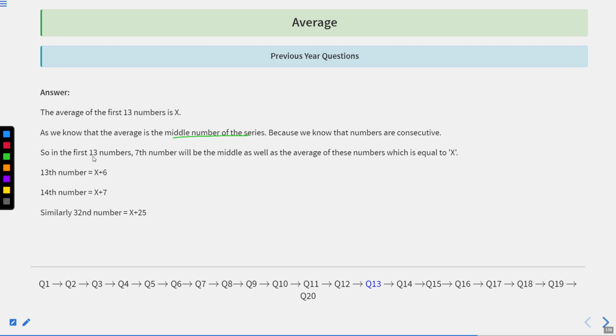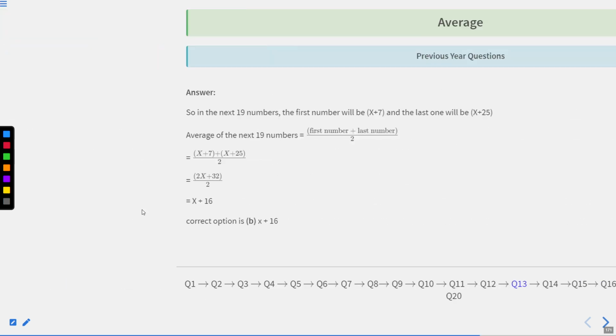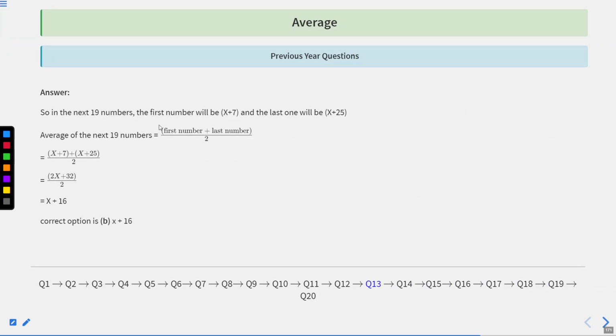So in the first 13 numbers, the seventh number will be the middle as well as the average of these numbers, which is equal to x. So the 13th number is going to be x plus 6, and the 14th number is going to be x plus 7. Similarly, the 32nd number is going to be x plus 25. So in the next 19 numbers, the first number will be x plus 7, and the last one will be